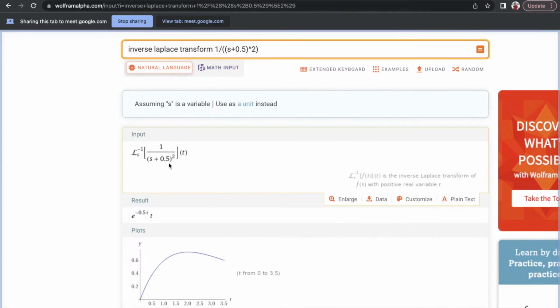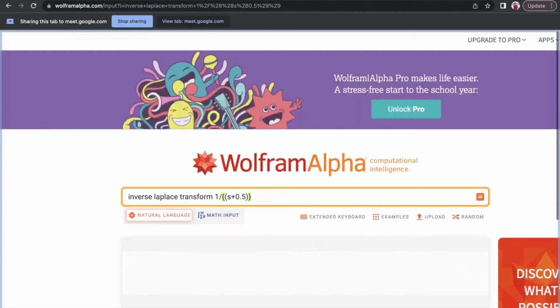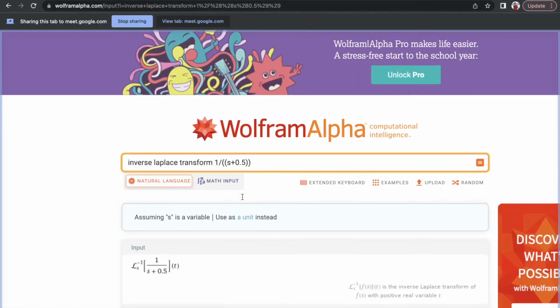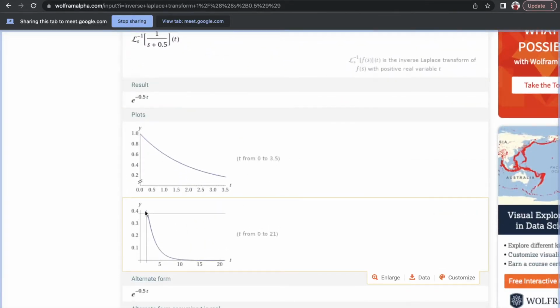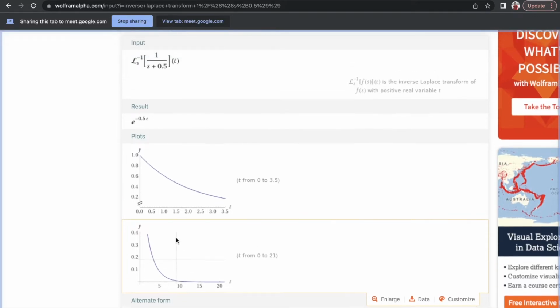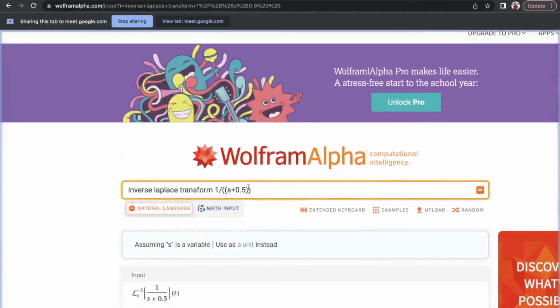Both the poles are at minus 0.5. So you know, for only a single pole at minus 0.5, this is 1 over s plus 0.5. So the pole is at minus 0.5. The response was like that. From some initial value, it will come back to 0. So when both the poles are at that value,